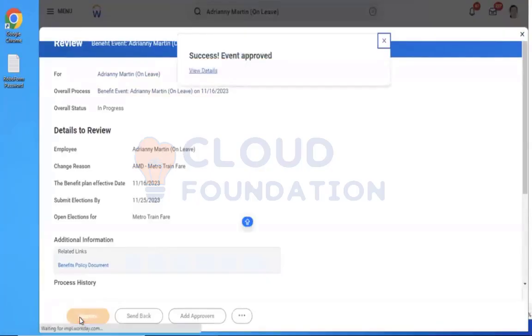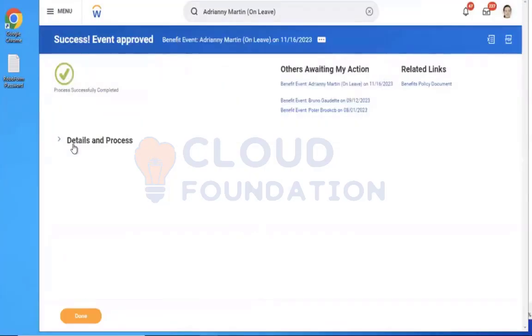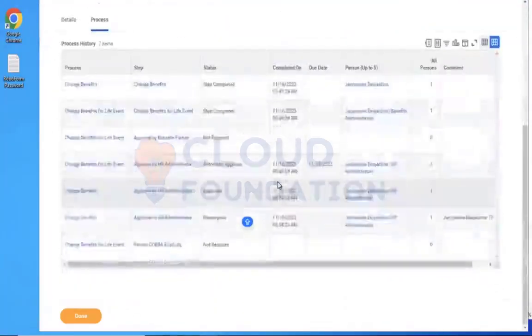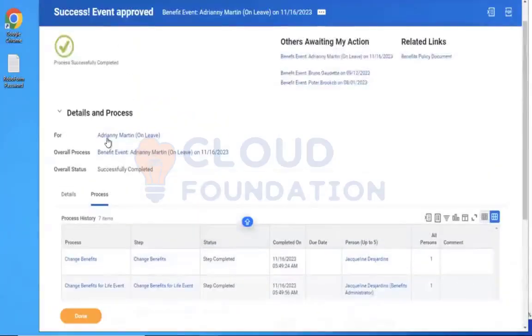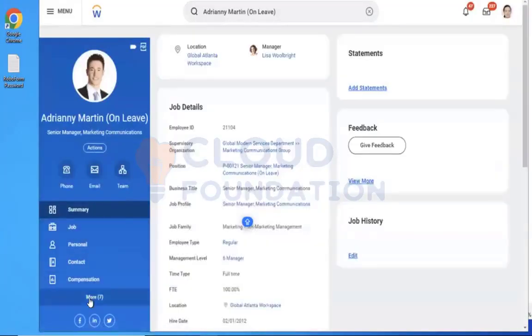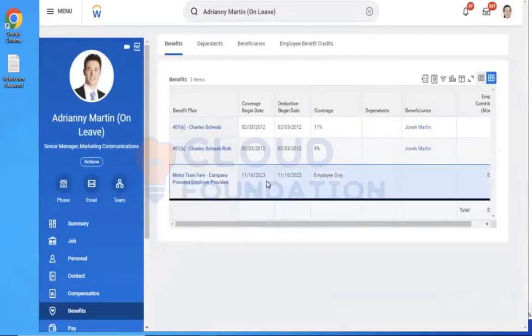It should complete here. Perfect. You see, our condition worked. The review step didn't trigger. I'm sorry, the COBRA step didn't trigger, because I put the condition to skip it. Now the plan must be available for this guy. Perfect.